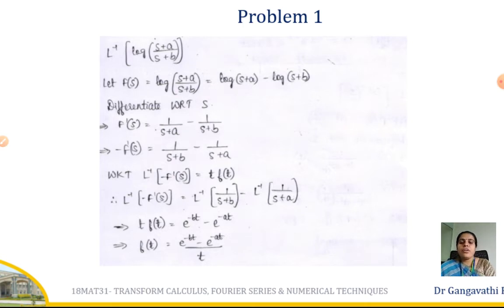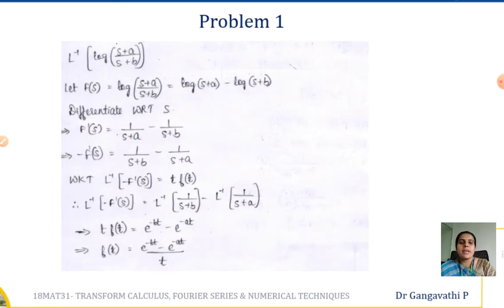So now, transfer this t towards the other side. So f of t is equal to e to the power of minus bt minus e to the power of minus at divided by t is the answer for the given problem, which is L inverse of log of s plus a divided by s plus b. So now